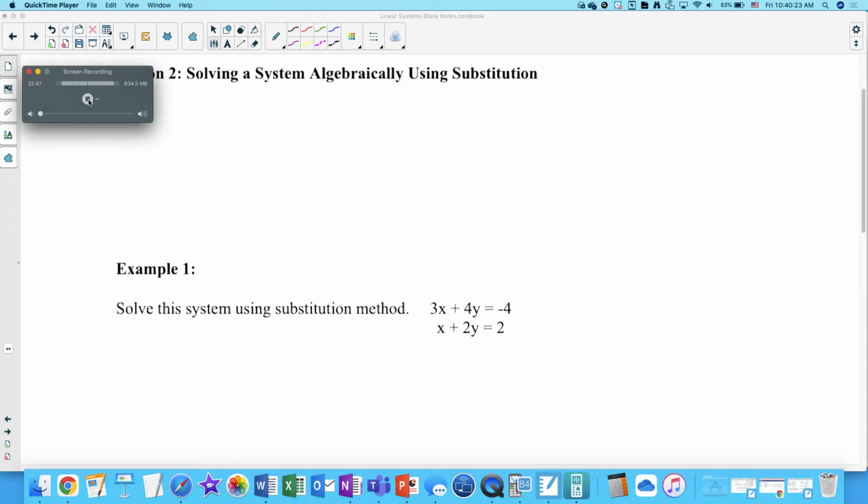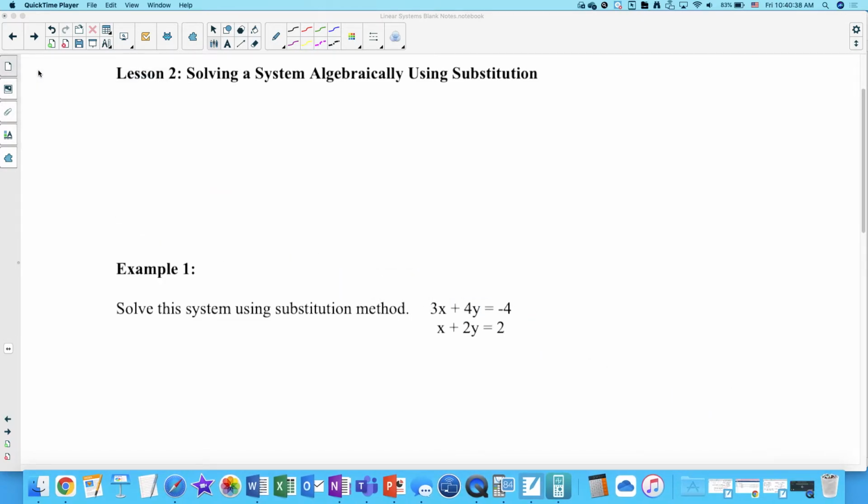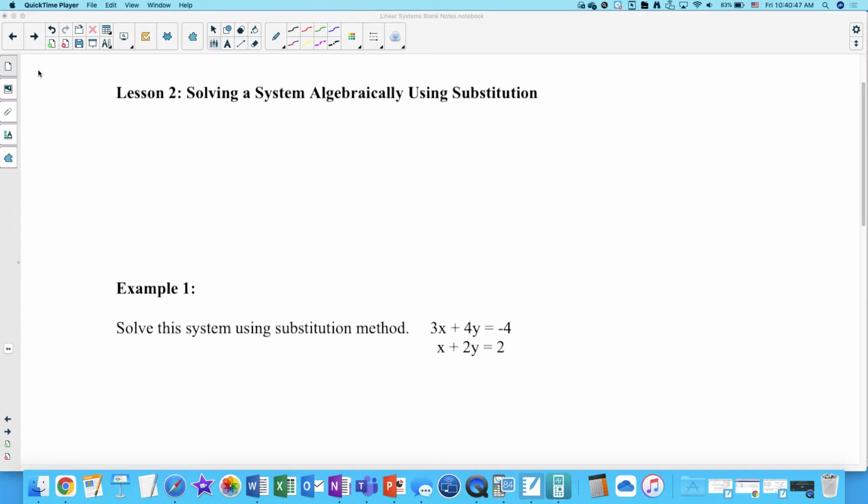To solve systems is called substitution. And it's called substitution because at some point in the process, we're going to be substituting for a variable. Yep. This is just clarifying something, but is this the method where you isolate y in one? Yeah, so we'll get there. Substitute in the second equation here. Okay, so